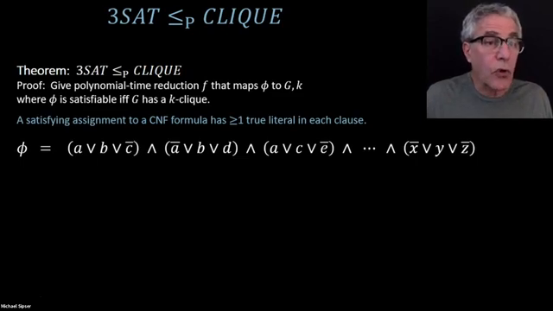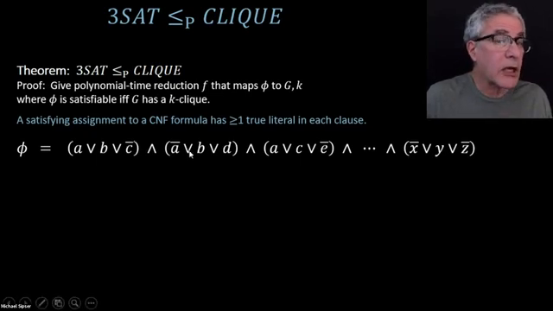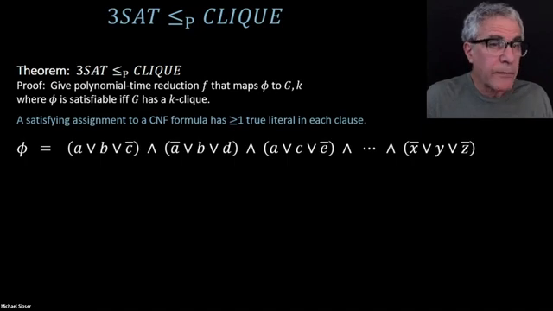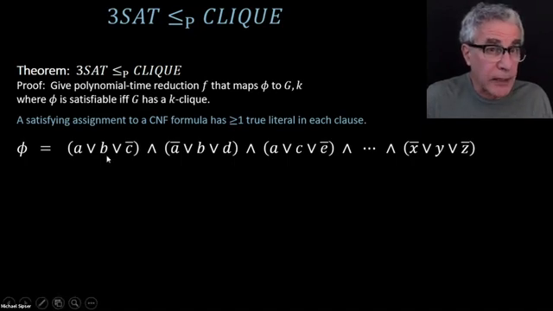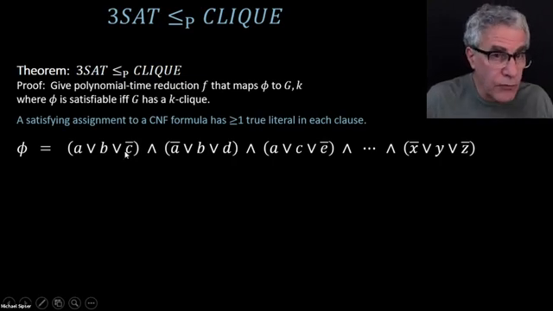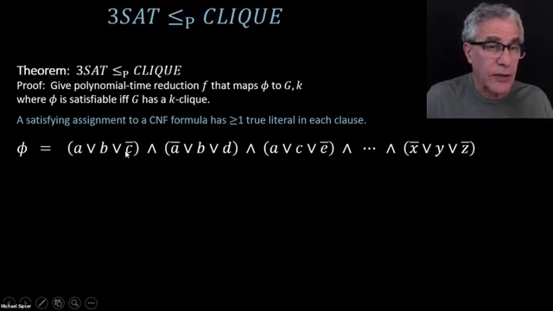Because the clauses are all ANDed together, the only way for the formula to be true is to make each clause true. And to make a clause true, you have to make at least one of the literals true. So it's another way of thinking about satisfying this formula: a satisfying assignment makes at least one true literal in every clause. It's really important to think about it that way,